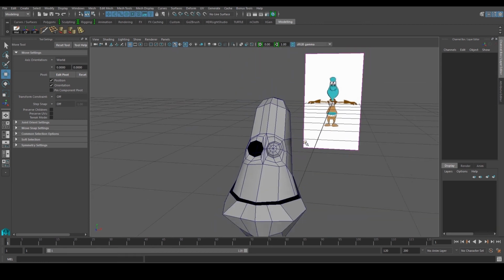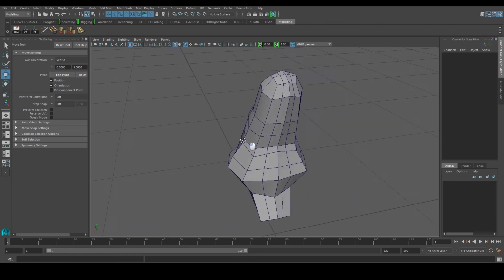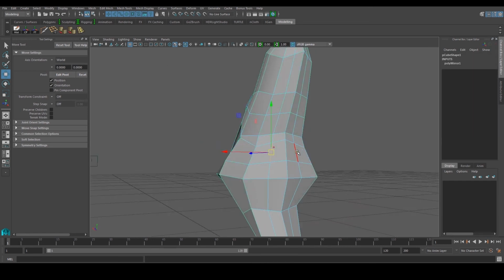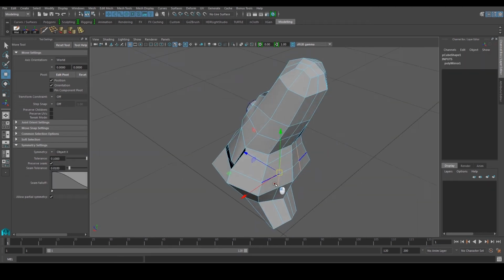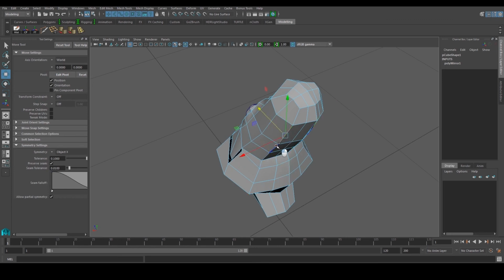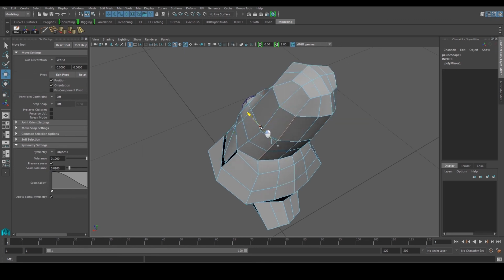So at this point of time, you just want to go around and check whether your model is okay. Like over here, I think it's too flat. I want to push them out. Again, I can go to my symmetry settings, go to object X, and I can push some of them out a bit, make it not so flat, not so squarish. These areas here, again, look really square.